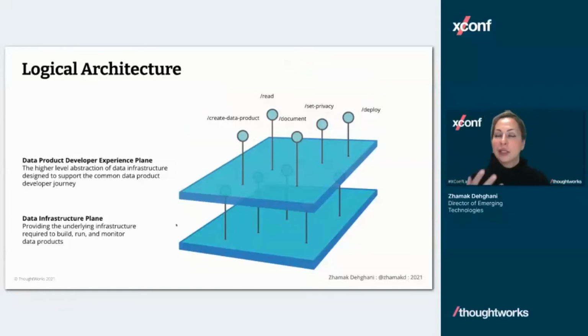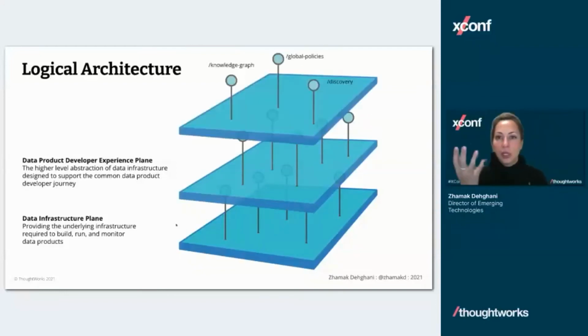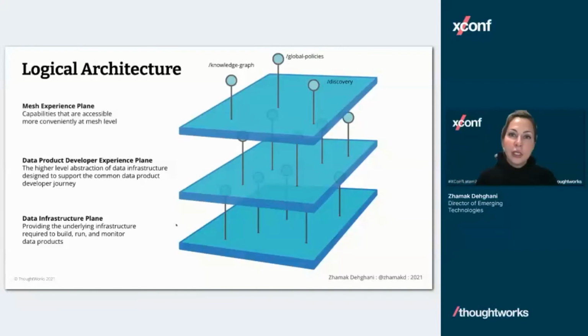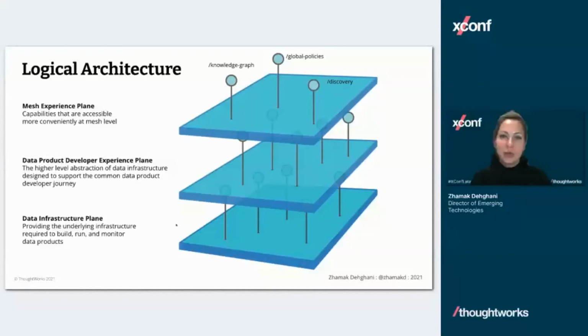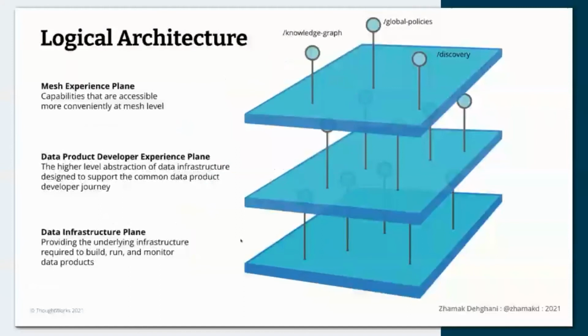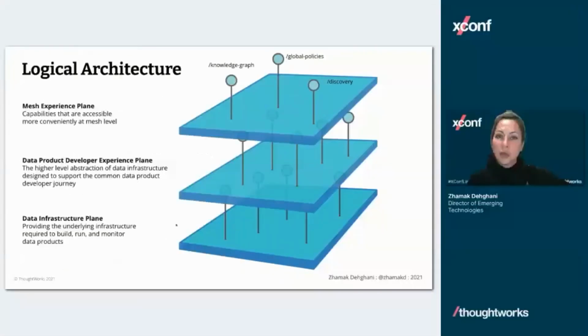And finally, we're not talking about one of these data products. We're talking about a mesh of interconnected data products. So then there is a set of functionality that we need to provide to experience the mesh as a whole and not just a single data product. And that's search, that's discovery, that's browsing the mesh, that's looking at the lineage graph between the data flow, between the data products. We're looking at the knowledge graph, the link between the data product data models, right? How the listener data model is actually linked, listener demographic, maybe to a listener record to a listener. So these are the capabilities that platforms need to provide to us.